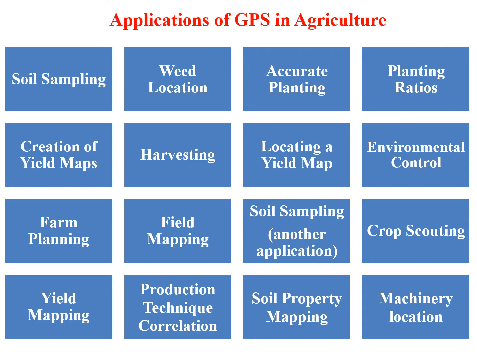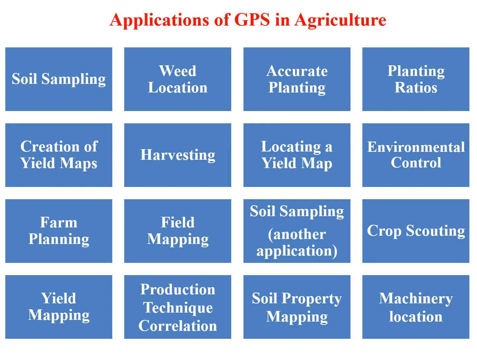Weed location. Using linear sampling techniques, GPS can be used to single out weed patches in vast areas of lands. Accurate planting. GPS also comes in handy when planning the planting of a given crop. Each seed has specific spacing and depth required depending on the soil type. Using GPS, it is easier to tell what spacing a given seed requires and to what depth the seed should be planted in order to return maximum yields.